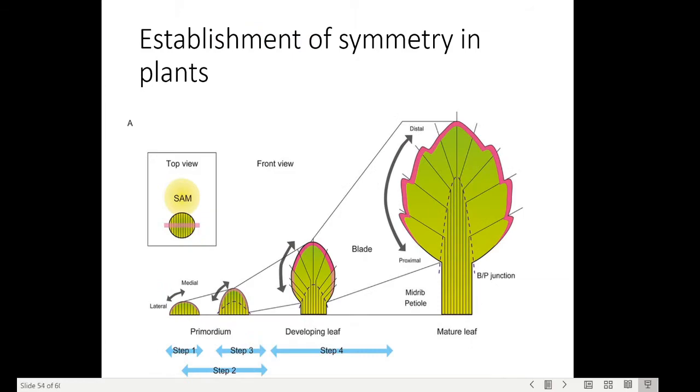Now another thing happens. What is symmetry in the plant? How is symmetry established in the plant? Plant leaves look like a similar shape, right? How do they develop? First is the lateral meristem, and this